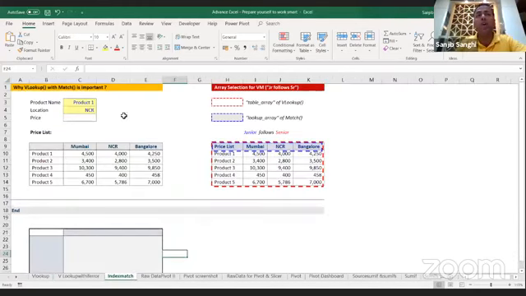We learned another very powerful command called index and match. All of this you will see in that video, which has been done very slowly, and you will be able to rewind and forward to learn all of that. But this case study, if you practice with that file, it will help you a lot. We have learned how we can do multiple combinations. Let's say if I want to use product 3 with any locations, we get the value. So we learned this formula, how we can do that.